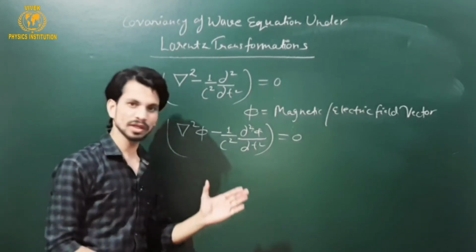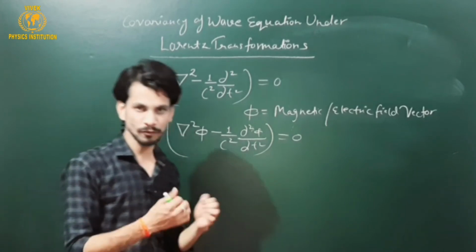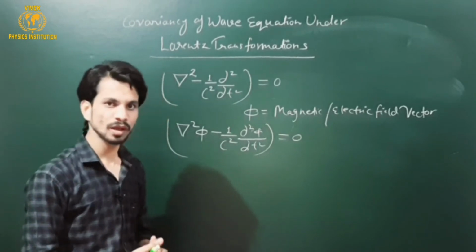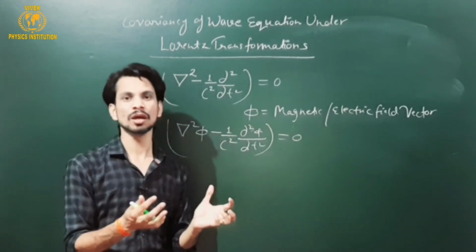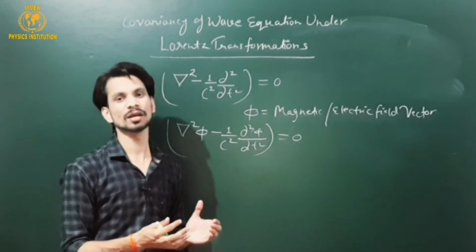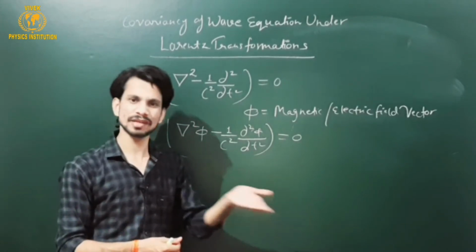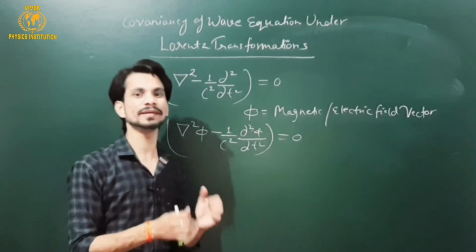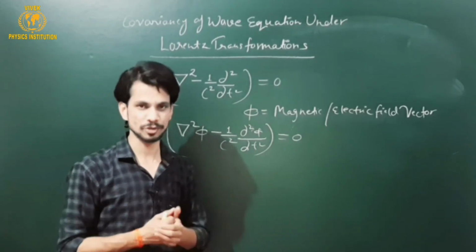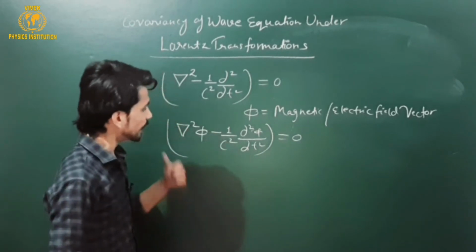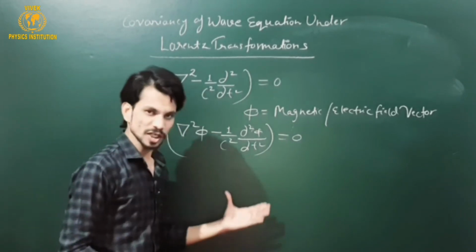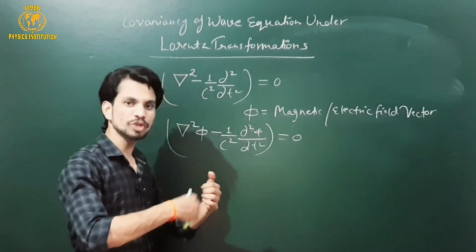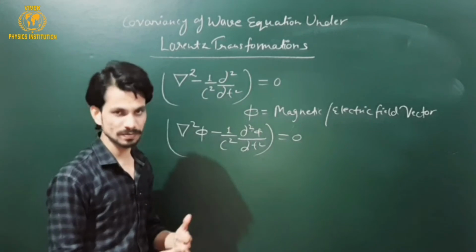As in the last video, you have learnt about the covariant form of the wave equation or any other mathematical or physical law. Any quantity or rule is said to be covariant under the Galilean transformation as well as the Lorentz transformation if its general equation or fundamental nature does not change. When I apply the Lorentz transformation on this particular wave equation, I will get the changed coordinate systems.